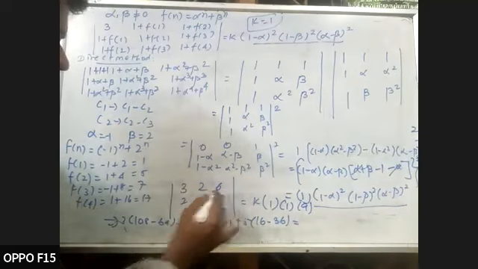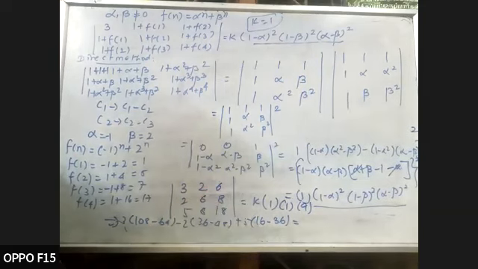It will be 6, not 5, sorry. 6 will come, 16 minus 36, which is equal to